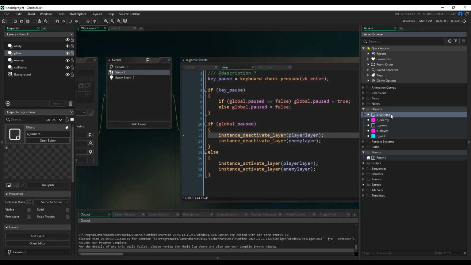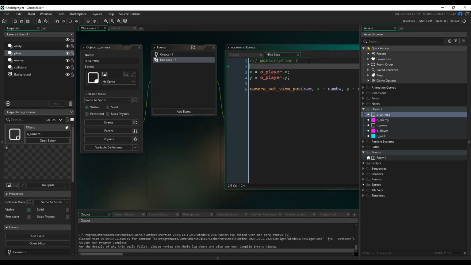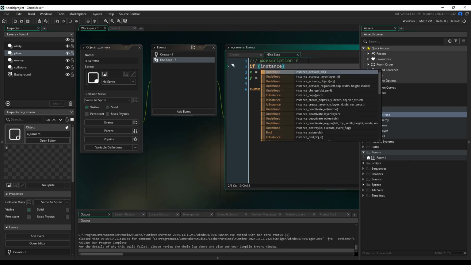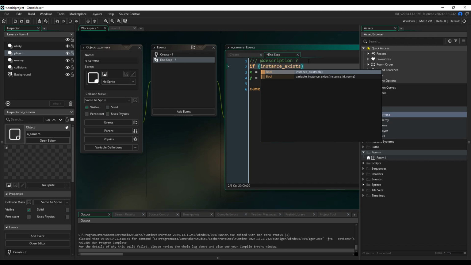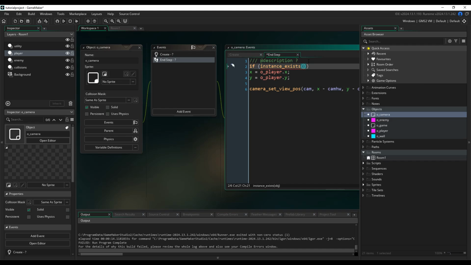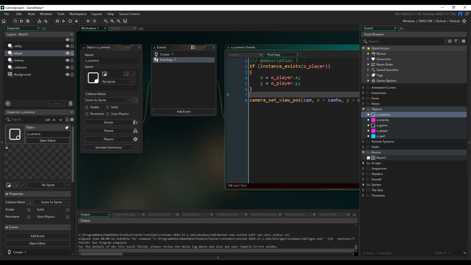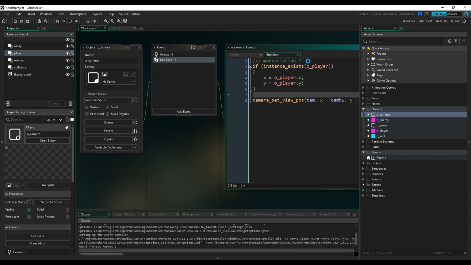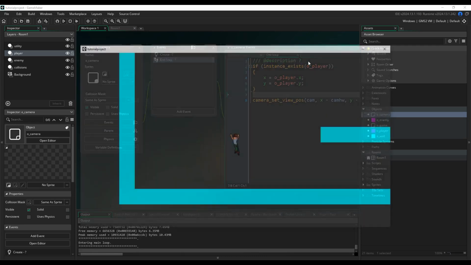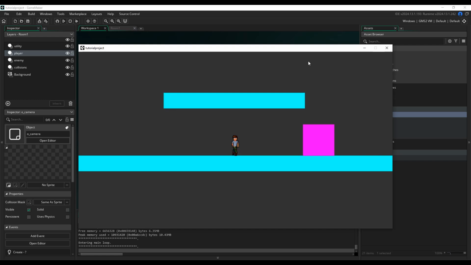That is something you actually have to be careful about. So here, I am referencing the oPlayer.x and the oPlayer.y. But as soon as I deactivate it, oPlayer no longer exists, so the game crashes and returns an error. So I'm going to say if instance exists, oPlayer. I didn't even think about that. So now,